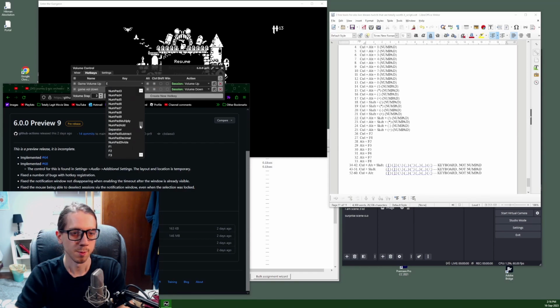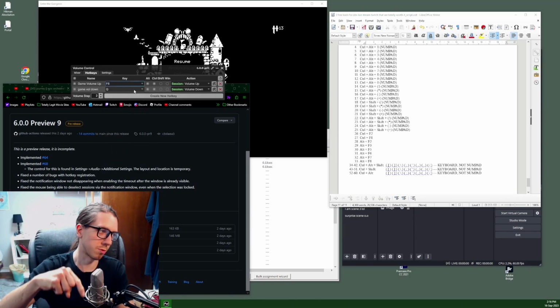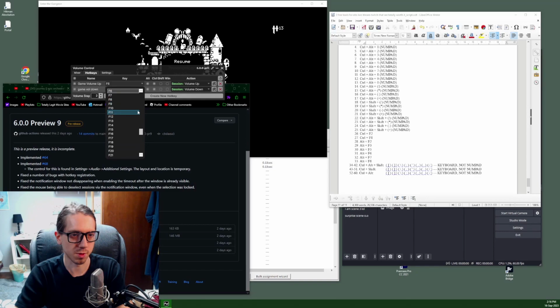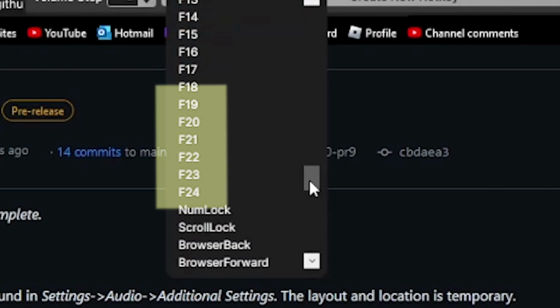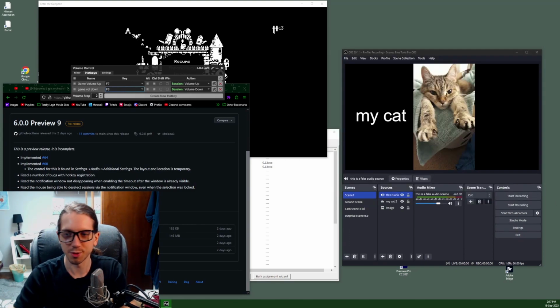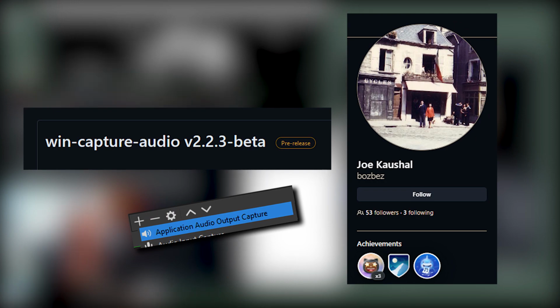I mean, it's pretty streamlined, as opposed to having the ability to just push the button you want on your keyboard. It's like the one thing that's slightly time consuming. Oops, hold on, I'll make this F7 for volume up and F6 for volume down. Did I just see an F20 key? Anyways, Control and Alt, and then the next thing that you'll want to download, Win Capture Audio by